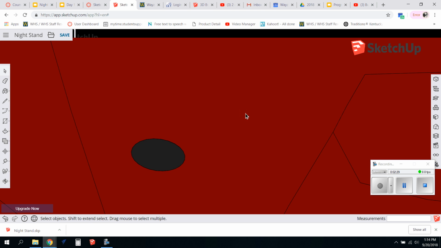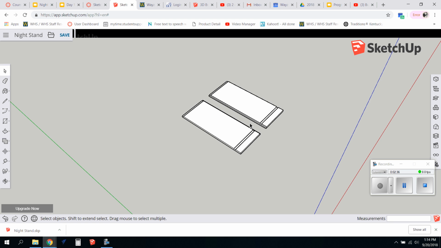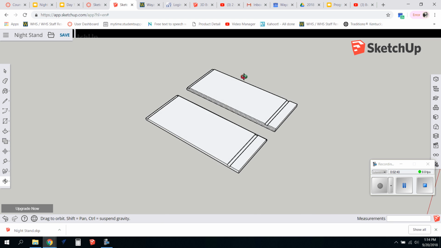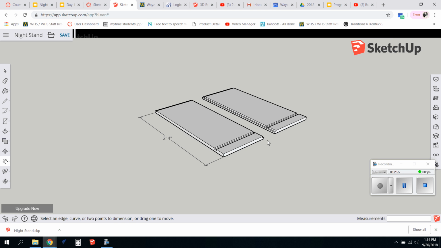Before we go any further, I zoomed in too far, and I got on that guy. I'm actually going to erase this guy now because he's going to get in the way eventually. Just clicked on him and hit delete. Now, before we go any further, I always like to pull a dimension on here. You can use the tape measure for dimensions, and all that will do is display the measurement in the bottom right corner of the screen. Or if you use the dimension tool, the dimensions will stick around until you delete them. So that's still 28 inches, and that's still 11 3/4. So we're all good to go